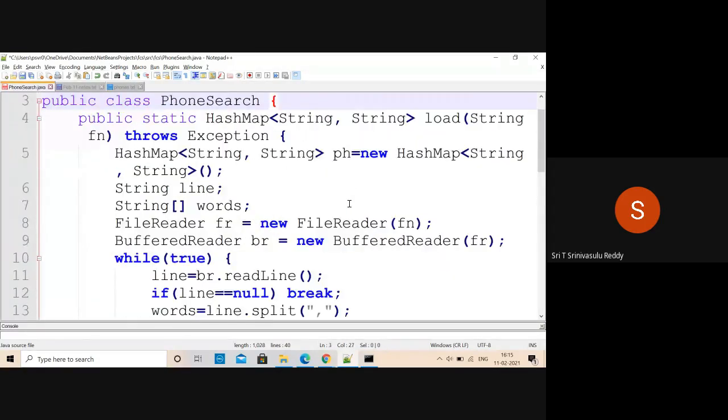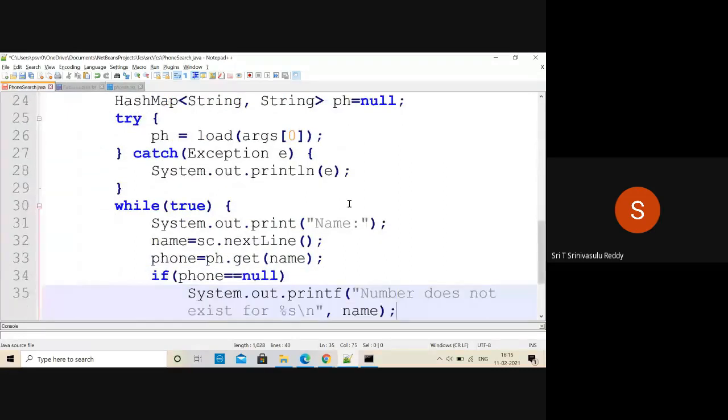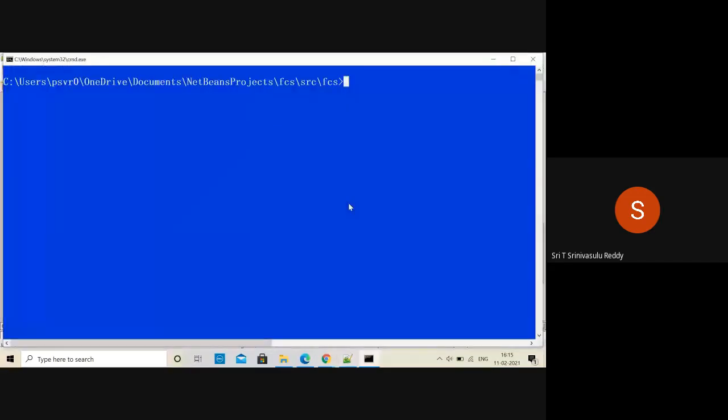Then this is the load method, load of String followed by that, throws Exception, all that is fine. And then ph is a new HashMap of String comma String, and then ultimately we must be returning that. Return ph. Right, everything is fine actually. I don't know what's going on. Let's see.